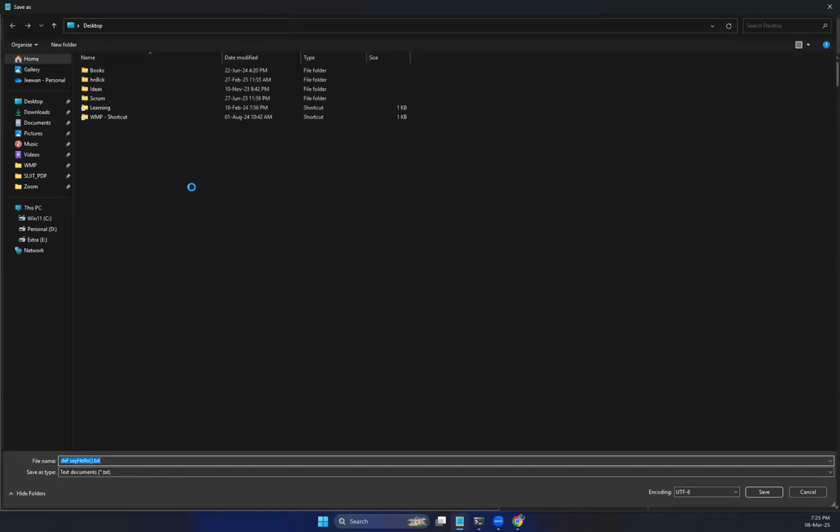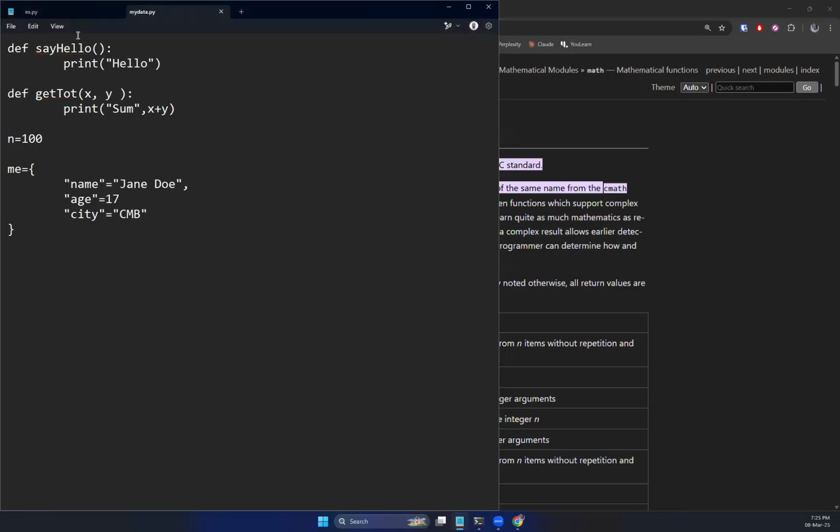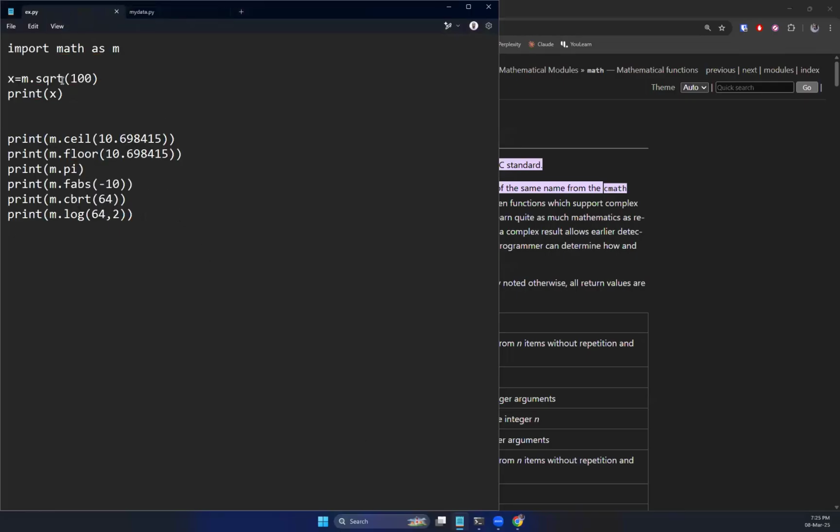Now let's save this on the desktop itself. Call it mydata.py. mydata.py on the desktop. Let's save it. Okay, then let's try to import our mydata.py. Then you can say import